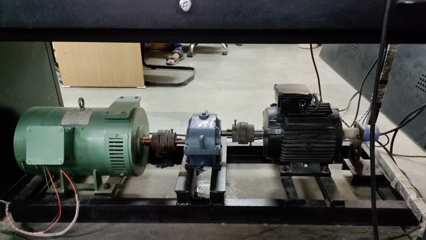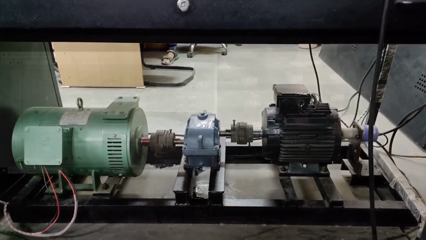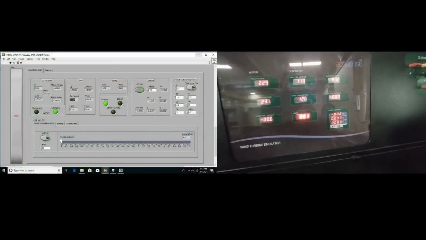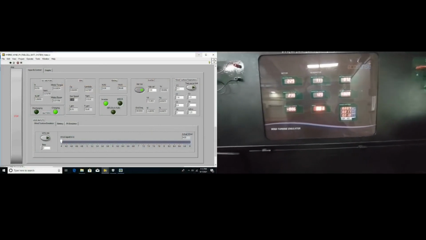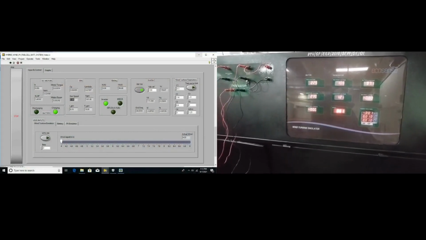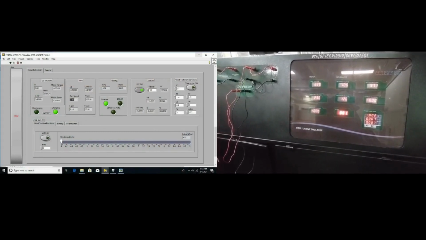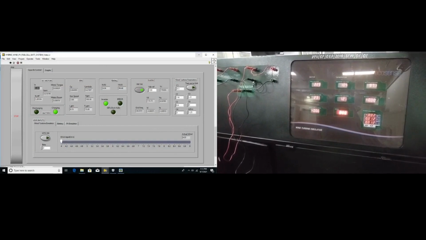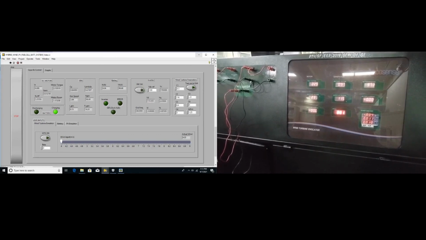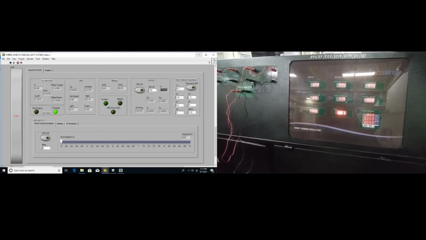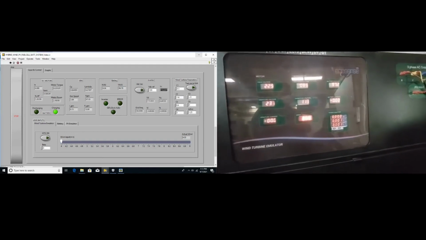We can see the motor has stopped running now. To switch off the whole software, we can use the big stop button. Before switching off the software, let's switch off the inverter. And now we can switch off the software.